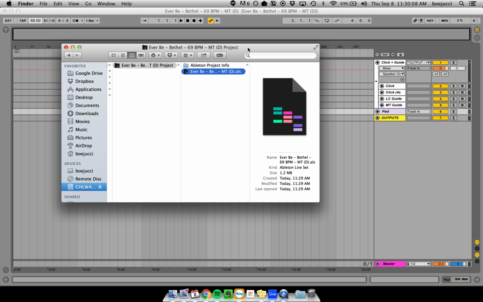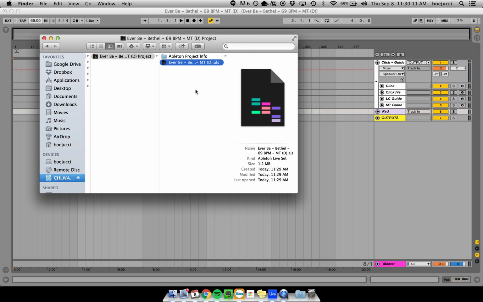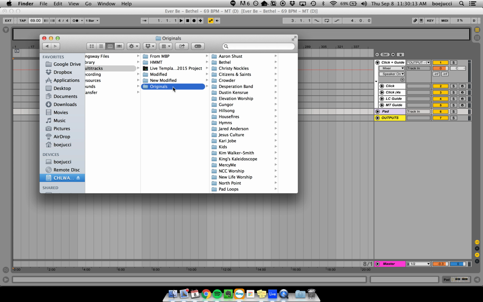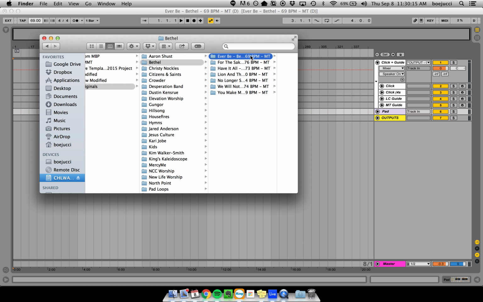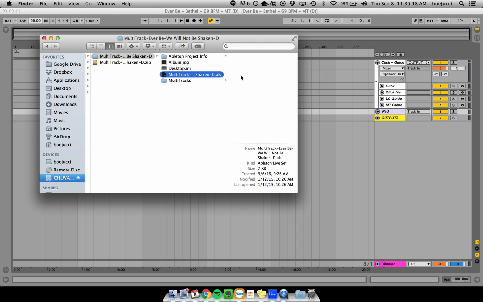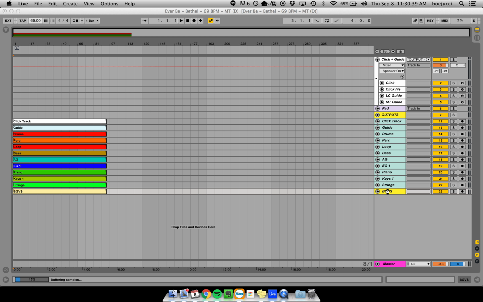Like I said, I purchased these multi-tracks from multitracks.com, and I am going to import their multitrack, their live set, into my live set, and that will bring all the different volumes and color coordination and track labeling. It's really helpful. So I'm just going to drag this in here and import it,